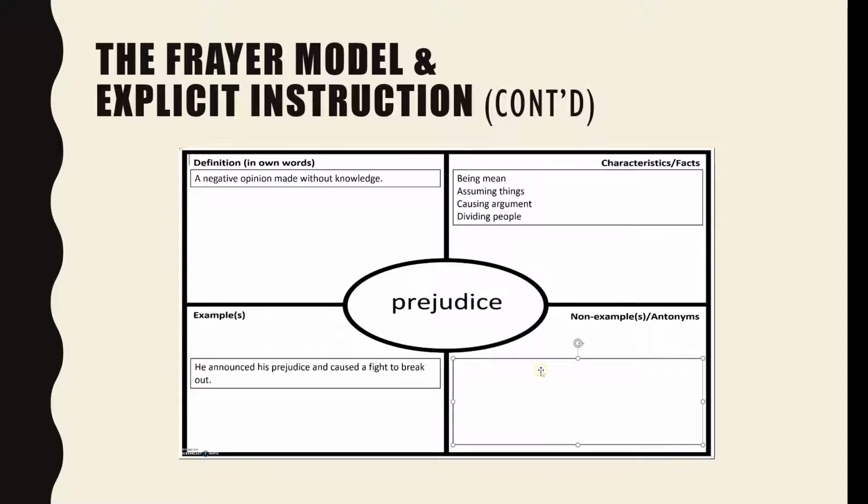Good. Okay, so now we'll go to the last box, and we're going to come up with a sentence that means the opposite of prejudice. And to help us out with that, we're going to list out some antonyms. So what would be the opposite of prejudice? One example you can say is being respectful. Respectful. Great. Yep, respectful. Another one is being fair. Fair, okay. And something else that's non-prejudice. Having acceptance. Acceptance, yes, very good.